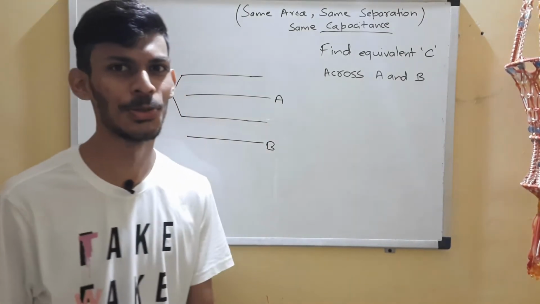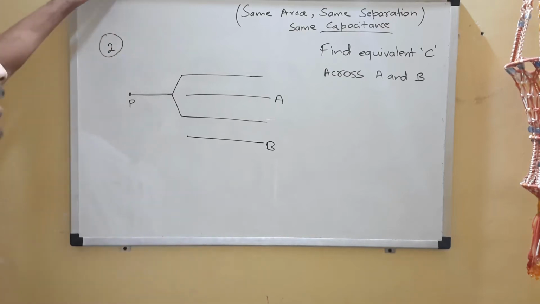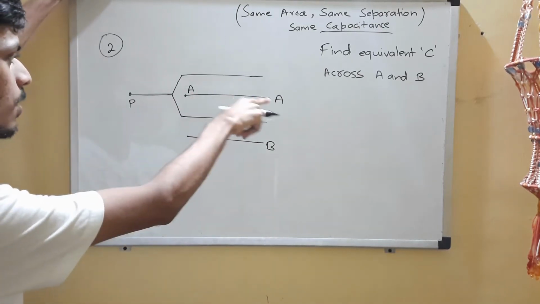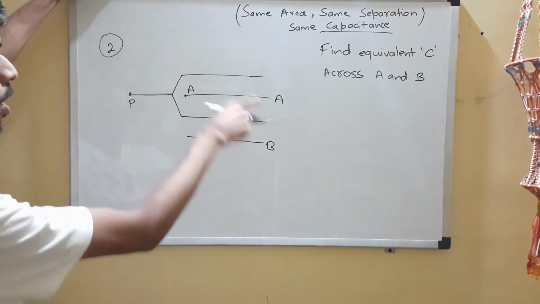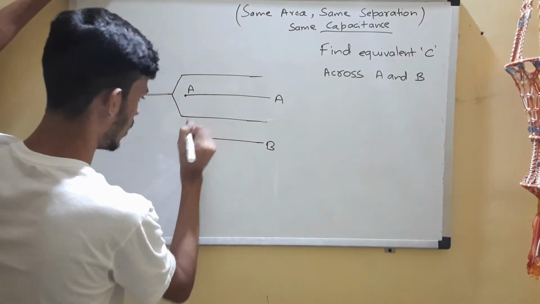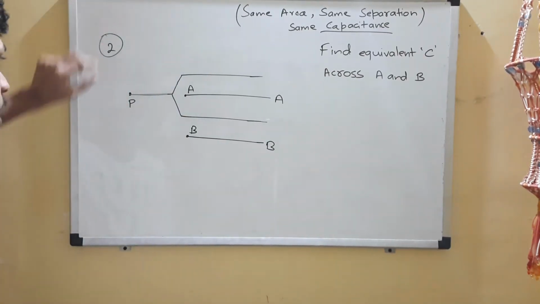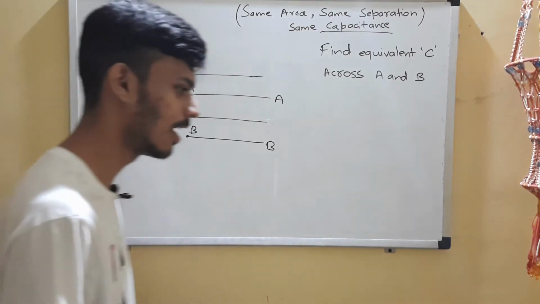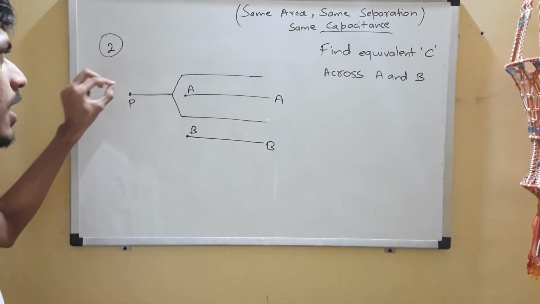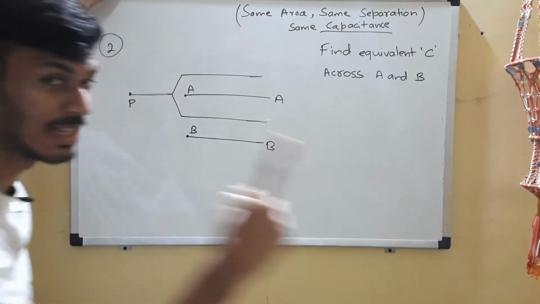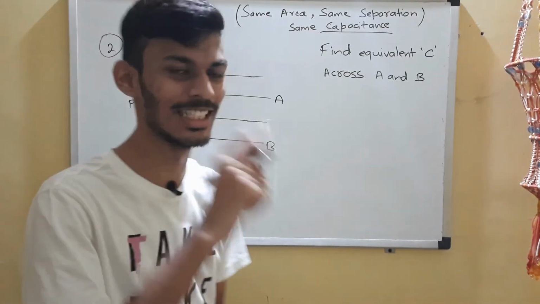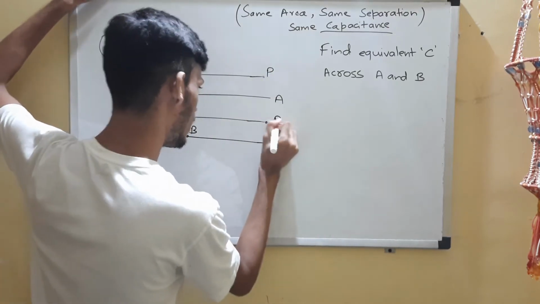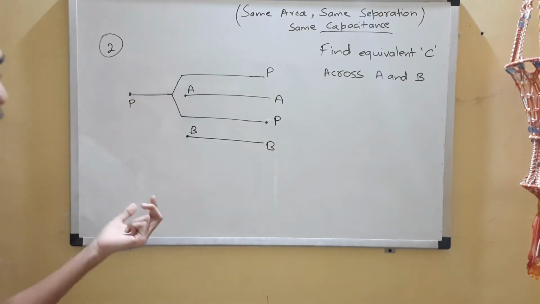So the first step was to assign potential, right? We have to assign potential to each plate. Let's consider the potential over here as A. It's connected to the terminal A, so we'll consider the potential on this plate as A. Similarly, the potential over here, let's consider it as B. Here they have connected these two plates to a terminal P. We can consider the potential of this terminal as P. Since these two plates are connected, they will have the same potential. So this plate has potential P, and this plate will also have potential P since they are connected, right?